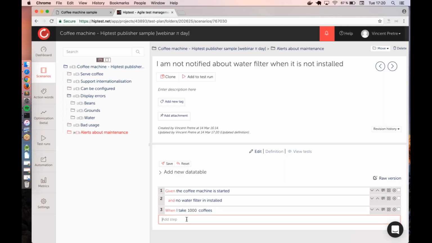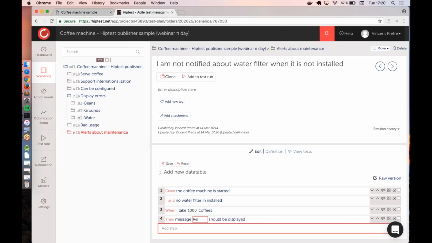I'm just going to finish writing my scenario. Just saying that we should just have a message that says that no error is displayed about the coffee machine. One important thing too, when I was saying reuse the same steps across different scenarios,